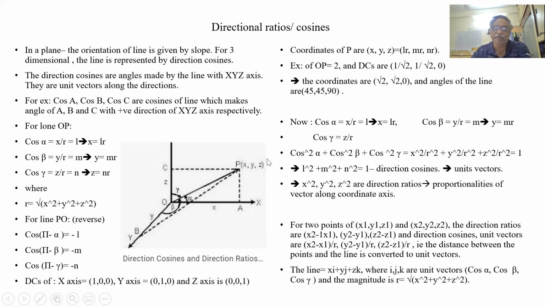XYZ is not a unit vector. Here we have x square plus y square plus z square as R square. R need not be 1. It can be 10, it can be 20, it can be 40, any amount. But once we define the direction with the unit vector, we only have to multiply with R. LR, MR, NR. Okay. So this was simplifying the direction.